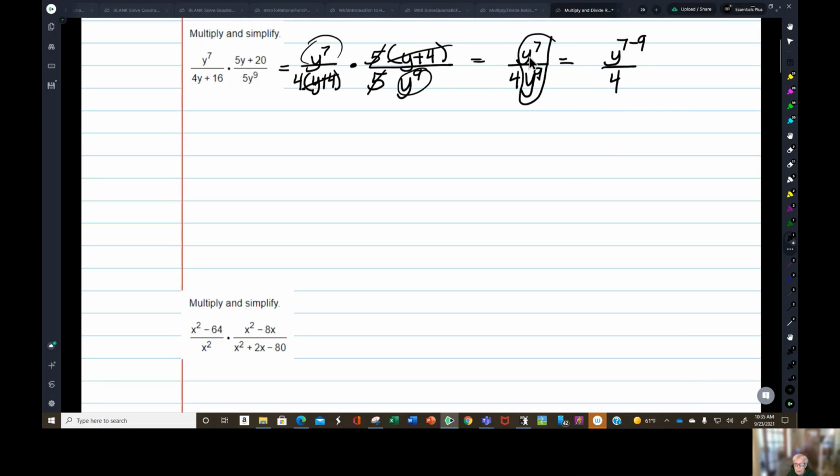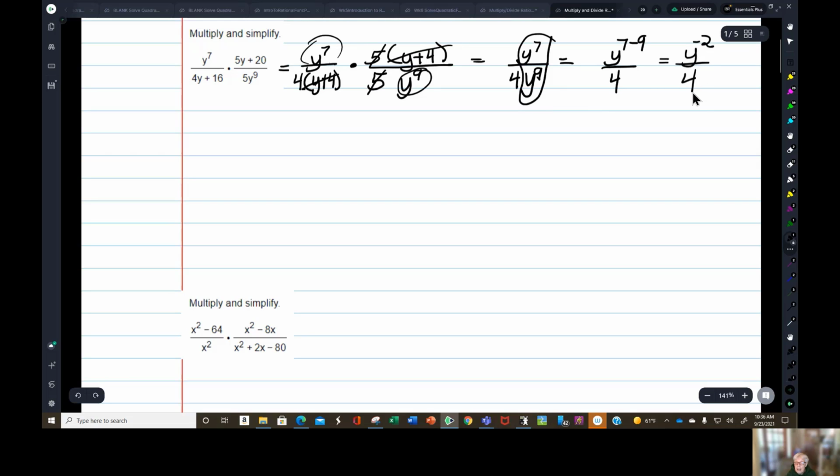Here you have a y base, here you have a y base. So when you divide y bases, you write the base, and then you subtract the exponents. So our answer will be y to the negative 2